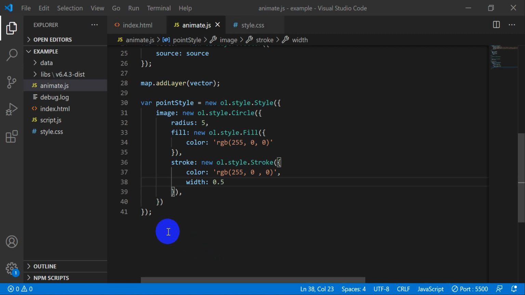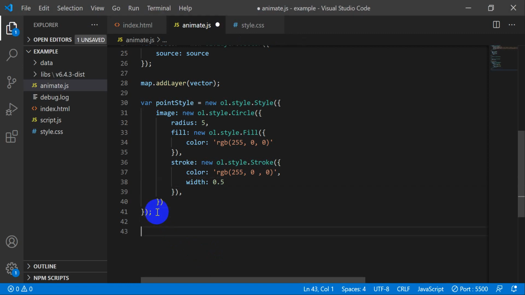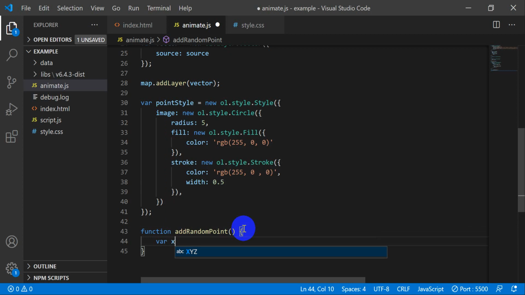So first, let's create a function to add a random layer. So function add random, or I guess we call it add random point, not a layer necessarily. All right, and in that function, we are going to make it so it adds a random point somewhere on the globe. So to add a point, we need an x coordinate, and we need a y coordinate. So var x, var y,